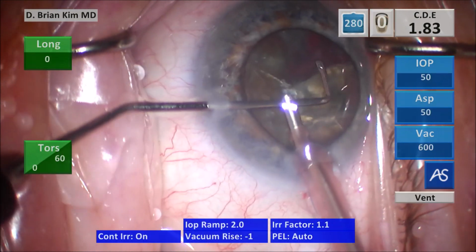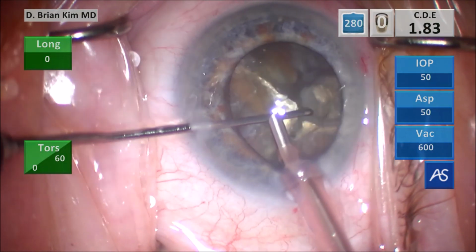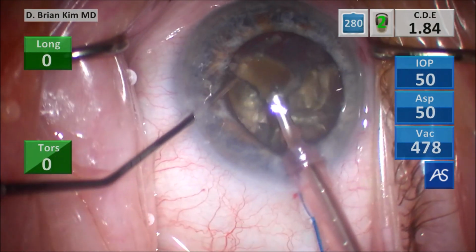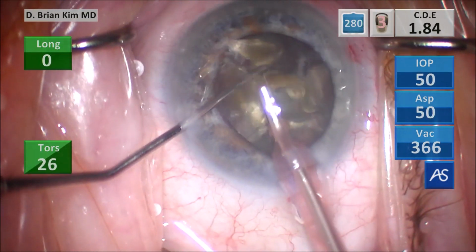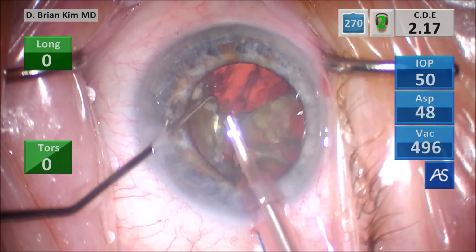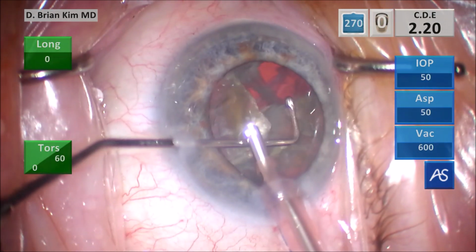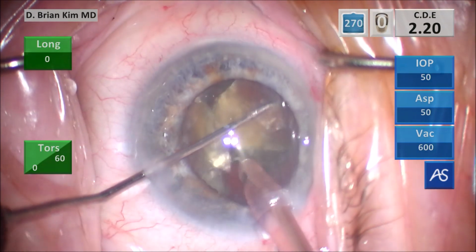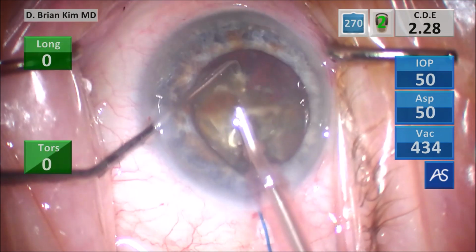Getting around that fragment with the chopper. Having some trouble there, so I'm going to go after a different piece. So I grab that piece with some vacuum, lifting it up, bisecting that lens piece in half with the instruments, and then emulsifying the lens pieces. So that's another cross-chop maneuver, dividing that fragment in half, crushing that fragment between the two instruments, and then emulsifying